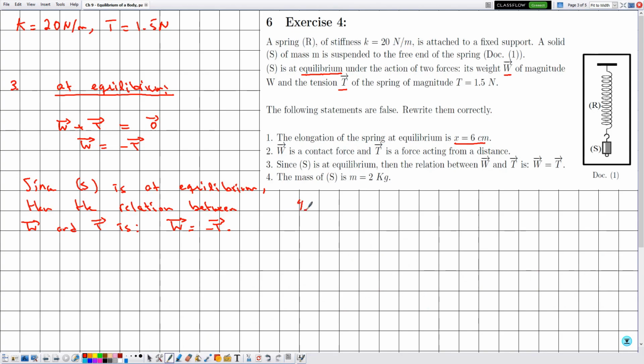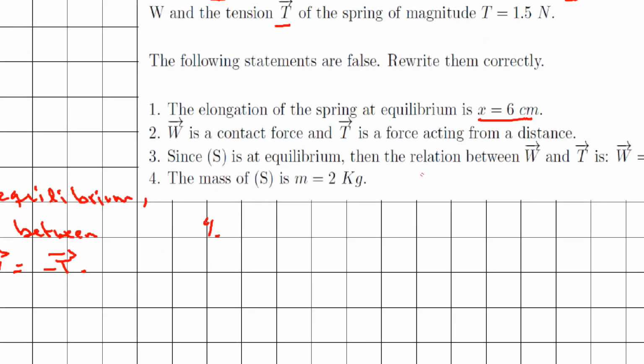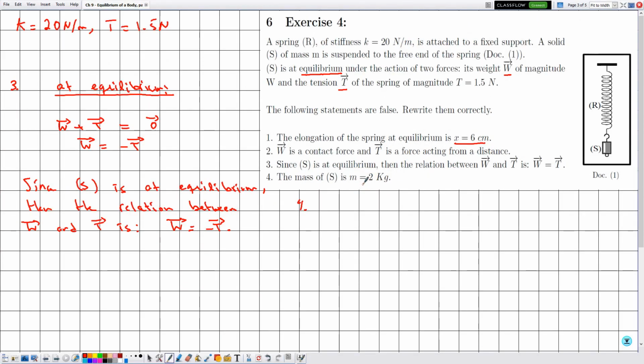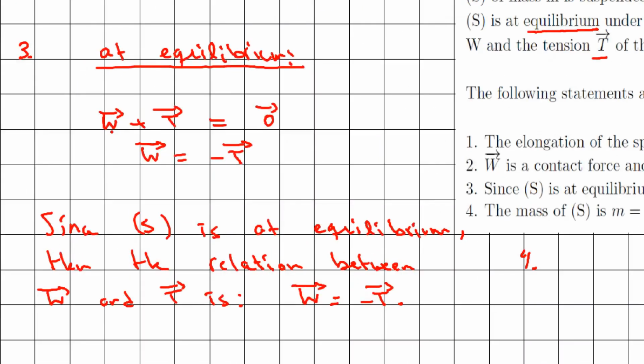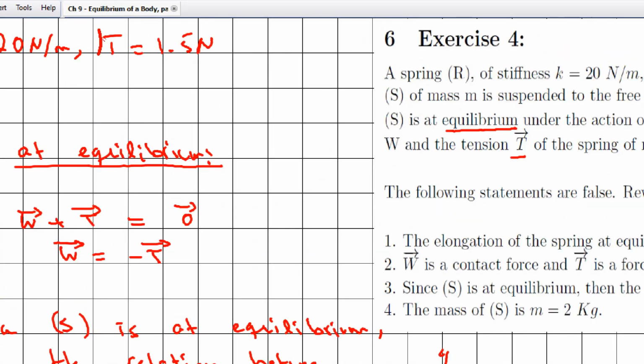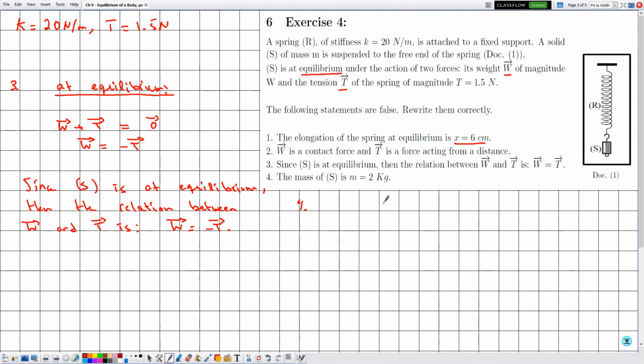And now as for number 4, they are telling us that the mass of S is M equal to 2 kilograms. So the wrong part may be in this value. Then let's determine the value of M. In order to determine the mass, first we need to know the weight. The weight can be deduced from this condition, because we already know the value of the tension. Then knowing that W vector is equal to minus T vector,